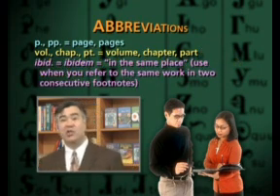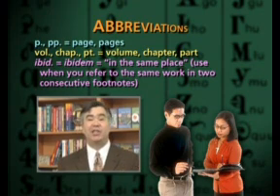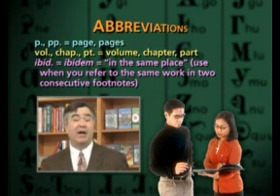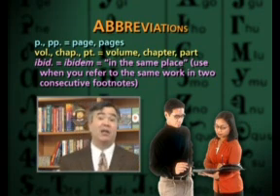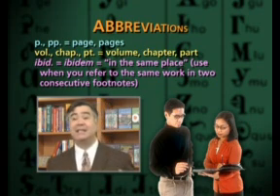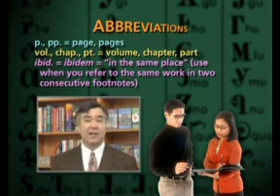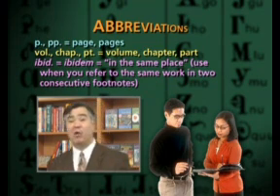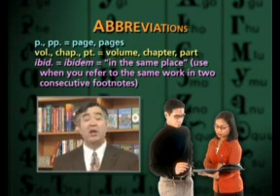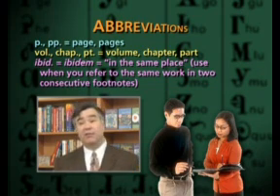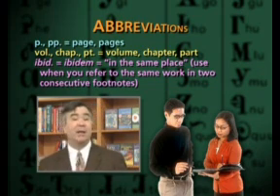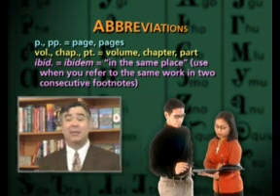Next, when you refer to the same work in two consecutive footnotes, use the abbreviation IBID rather than providing all of the bibliographic information. IBID stands for the Latin word ibidem, which means in the same place. If you're referring to the same page in the same work, IBID alone is enough. No other bibliographic information is needed. If you're referring to a different page of the same work, you would give the page number, like this, IBID,